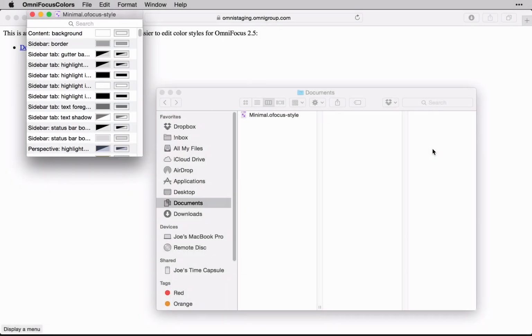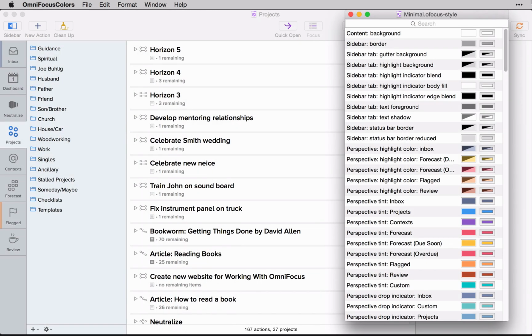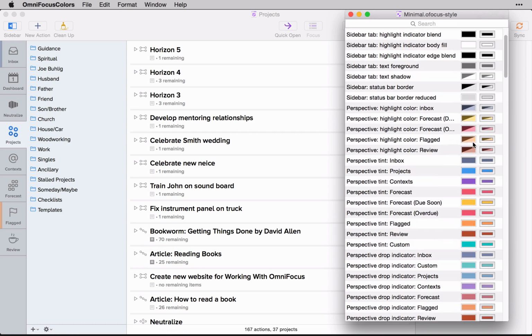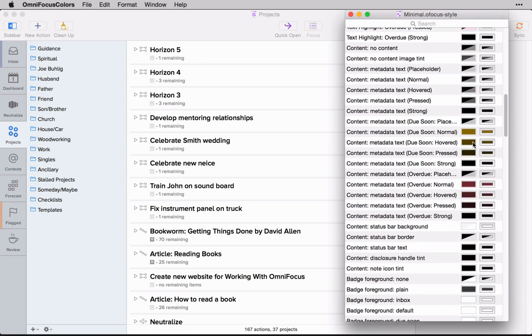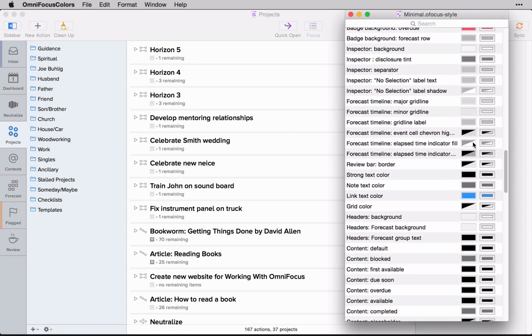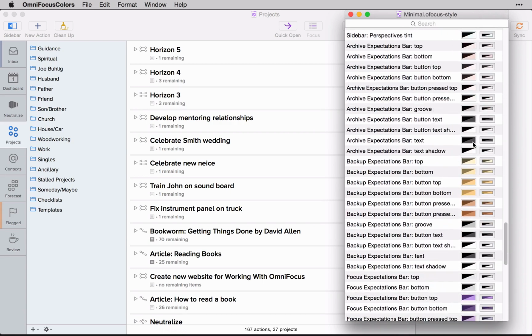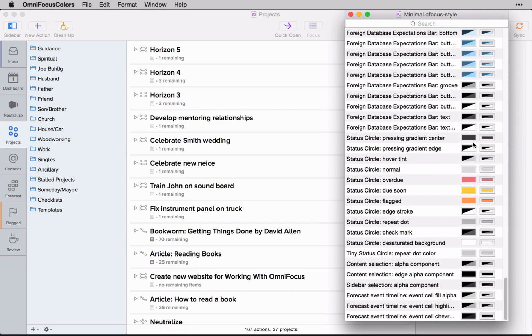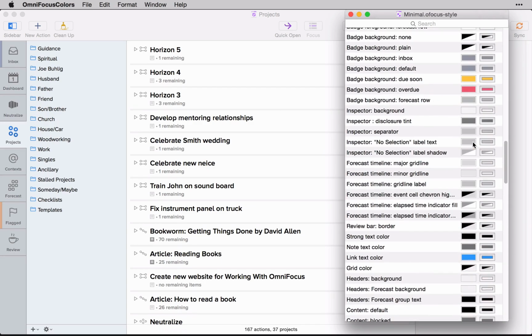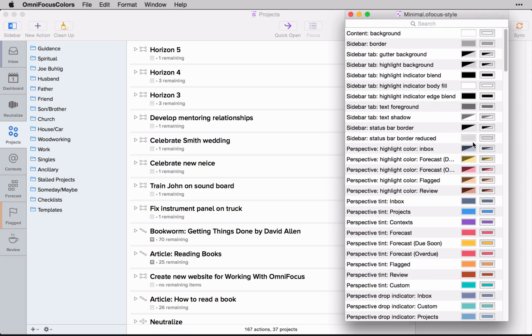So let's get OmniFocus open in the background here. So there we go. I've moved this over and made it a little bit easier to see so you can see what's going on in OmniFocus at the same time. But ultimately what you can see here is there are a lot of options on what you can alter and how you can change the information about that particular style. And you can spend an awful lot of time going through here and editing all of this information. I haven't gone through and done a whole lot with it, but I know that there is quite a bit of discussion about what you can edit and how you edit it over on the